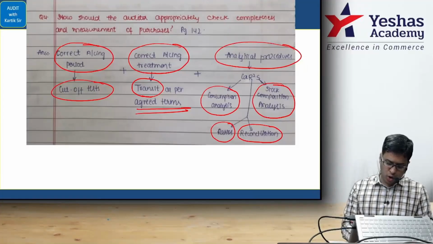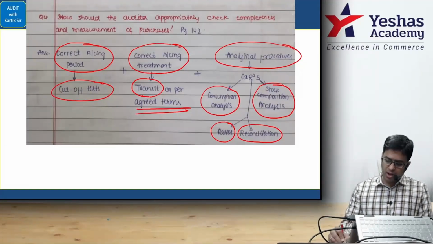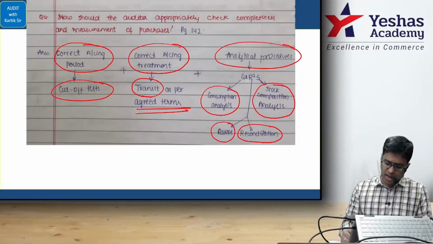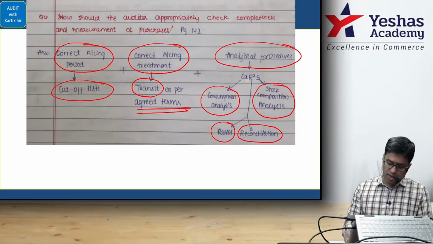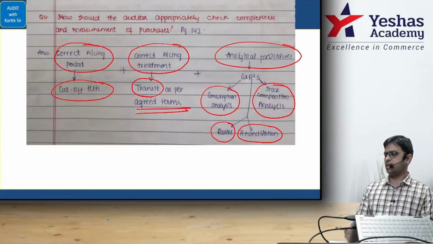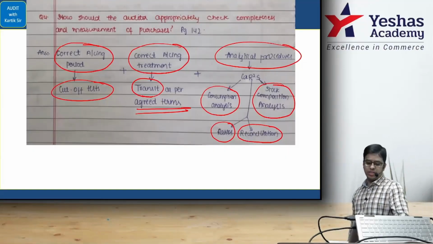Next, stock composition analysis. Auditor to collect the reports from the management for composition of stock, that is raw material as a percentage of total stock, and compare the same with the previous year and ask for the reasons from management in case of significant variations. Ratios: auditor should compare the creditors turnover ratio and stock turnover ratio of the current year and the previous years. And finally, auditor should review the quantitative reconciliation of closing stocks with opening stock, purchases and consumption. This is what the auditor will check. Is this part easy to understand?